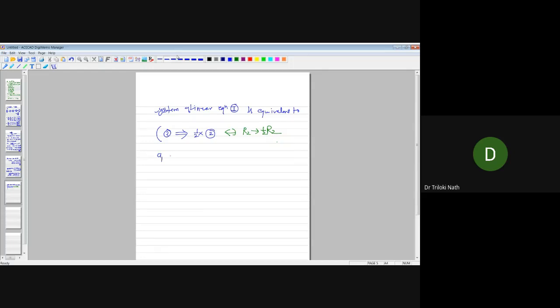Now you have the first equation as it is: a1 minus 2a2 plus 2a4 minus 3a5 is equal to something. But the second equation is replaced: divide the whole equation by 2. So you have a3, minus 2a4, plus 7a5, equals 1. And the third equation as it is, no change: 3a3 minus 5a4 plus 19a5 equals 6. This is now another system. Let us call this equation third, which is equivalent to 1 and 2.